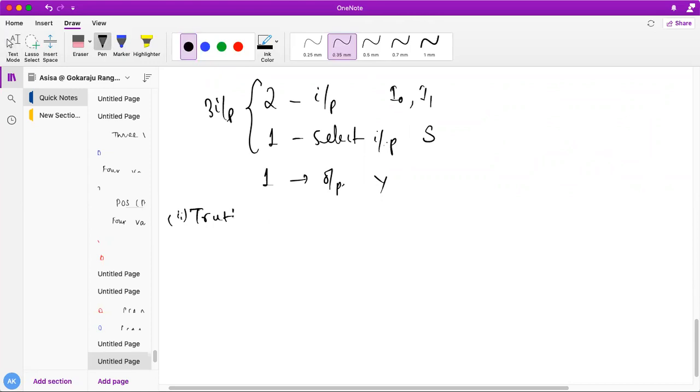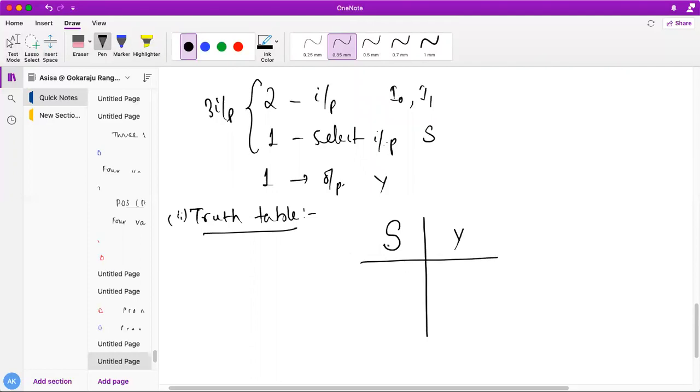Next, you have to construct the truth table. How to construct the truth table? You should know the behavior of the circuit. What is the behavior of the circuit? It depends purely on the select line, which input will be selected by my multiplexer. Am I correct, students? So my truth table looks like this. What is a truth table? It gives the relationship between my input and output. So in the truth table, S is the input, and it provides me the output Y.